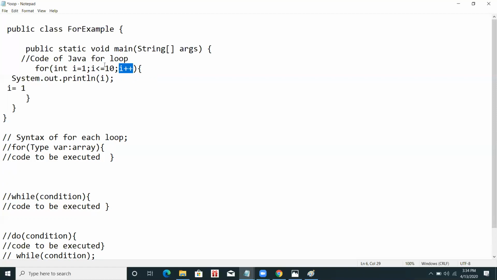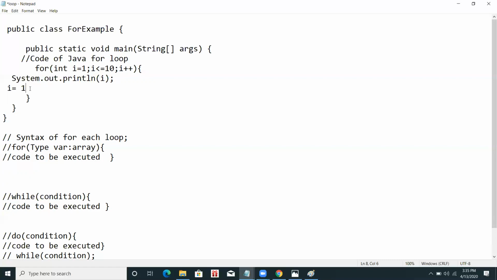Okay, it again goes to this part. It checks whether this condition is true or false. After checking, i becomes 2, now i is less than or equal to 10. Yes, this condition is true. It again comes inside this block, and it again executes this code, System.out.println(i).